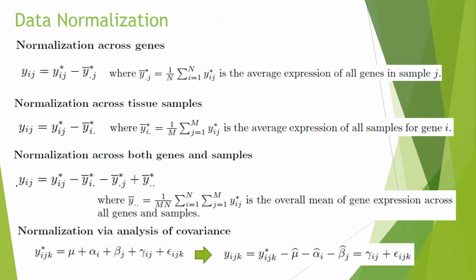All right, in the textbook, Dr. Xu mentioned many different ways to normalize the data, and this is the way he presented. We can use a linear model to do the normalization. So for each gene in each sample, this is gene i in sample j and replicate k.